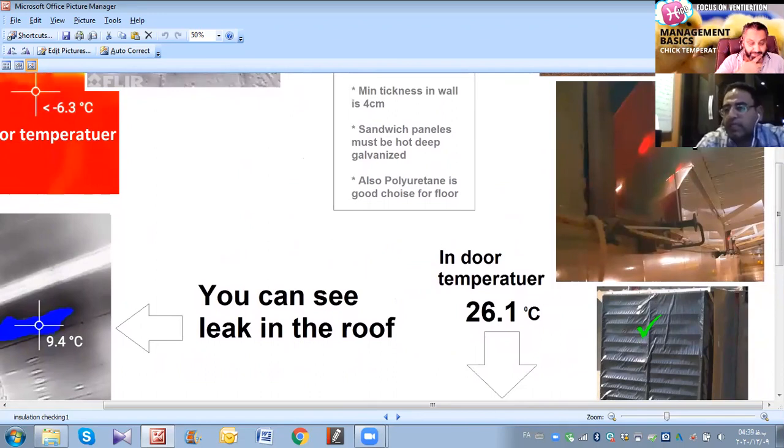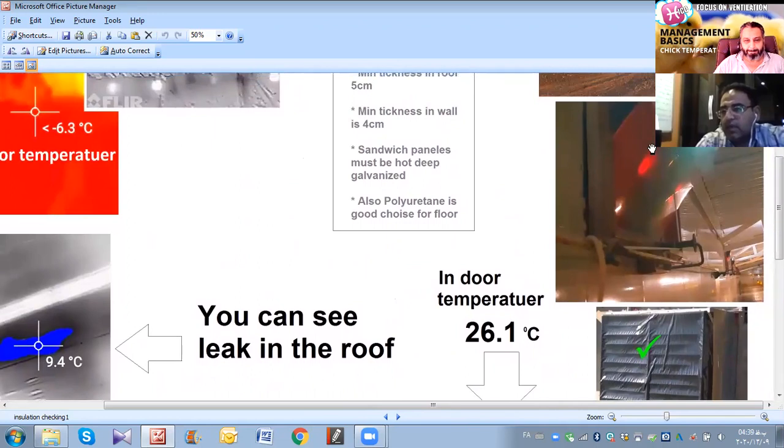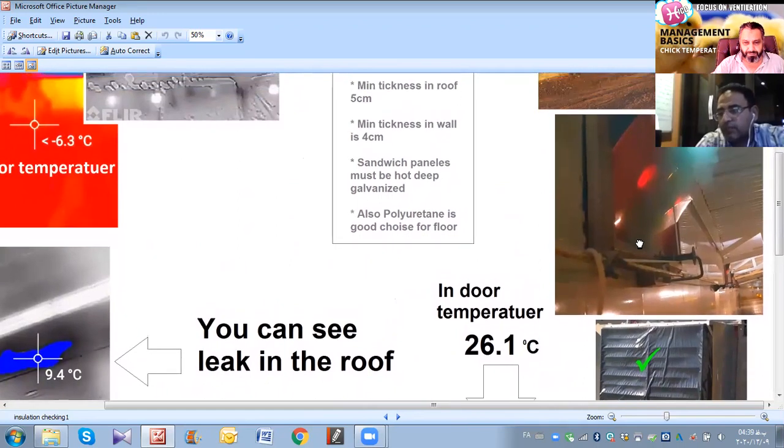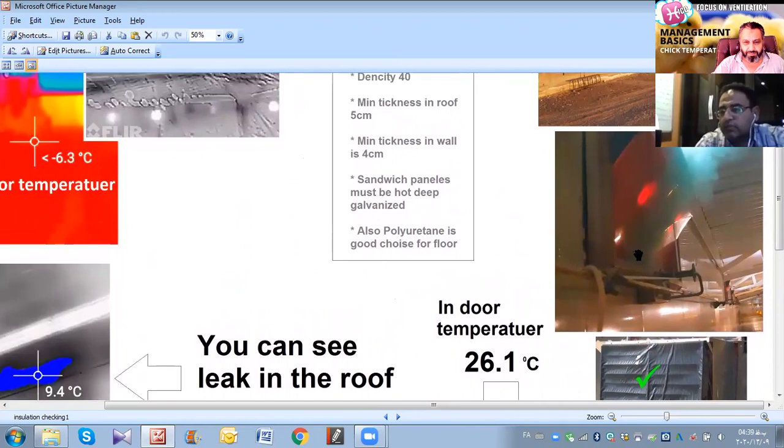You can see here we have some leakage at the bottom of the inlet. You cannot control the direction of the cold air, and you need more pressure and fans to reach the exact pressure. This depends on leakage.